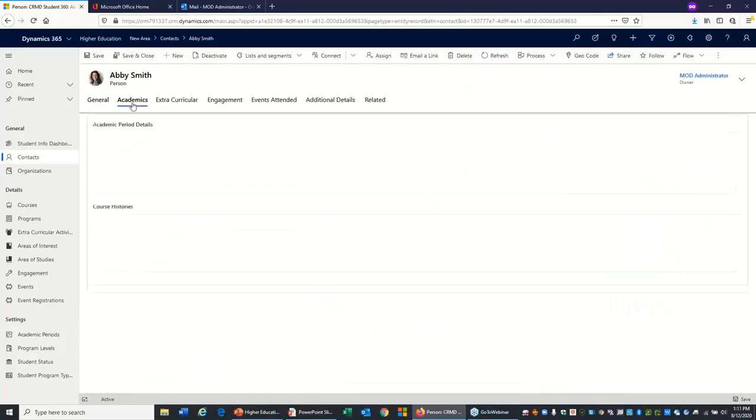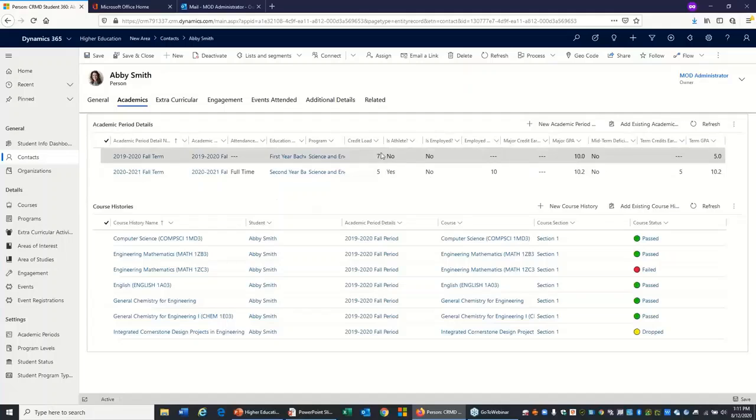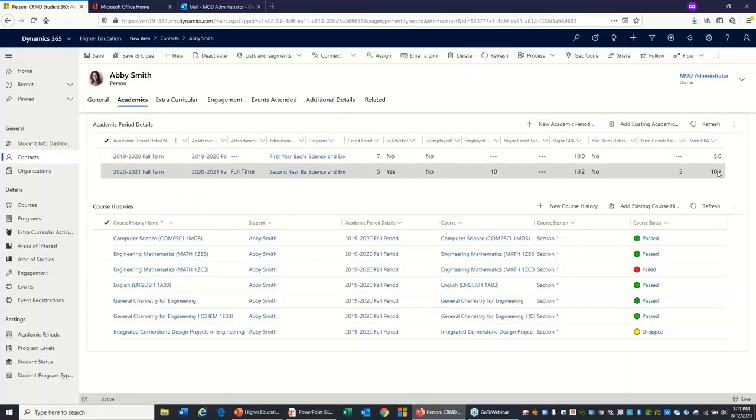So let's click on the academics tab. Here we can see that she was in school in the 2019-2020 fall term and then the 2020-2021 fall term. And then some of those same things like her credit load, the program, what year of her program she's currently in, and her GPA and things like that. And then if we look down just a bit, we have the course history. So we can look through a history of all of the courses she's attended and what the result was. So was it a pass, a fail, or did she drop it? So just trying to highlight a lot of academic information, kind of at a high level